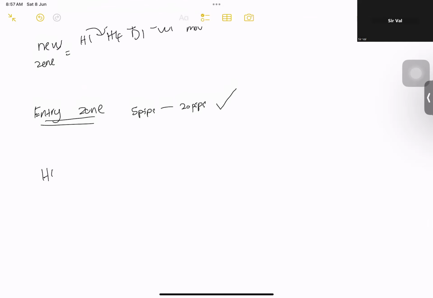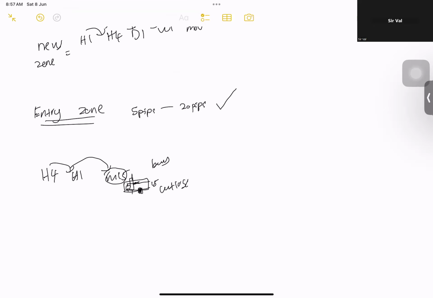For example, we have an entry from H4, then precise it on H1, and we have M15. Say my zone is here, 50 pips. Price breaks out and I want to buy. Here is an engulfing buy, so I entered here. But price did an engulfing fail sell, which means it has broken my CMP. So I will cut loss all.